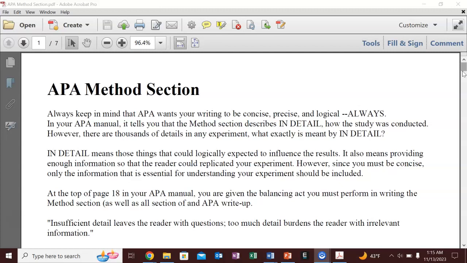So, in the proposal, you are going to tell the audience, again, what you're studying, reminding them what your research question is all about. And then you're going to talk about all of the elements of your experiment and how you're going to conduct these elements. What are you going to use to conduct these elements? How are you going to collect your data? Are you going to use assessment tools? In this particular